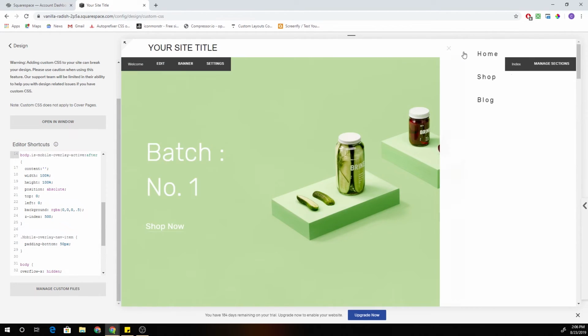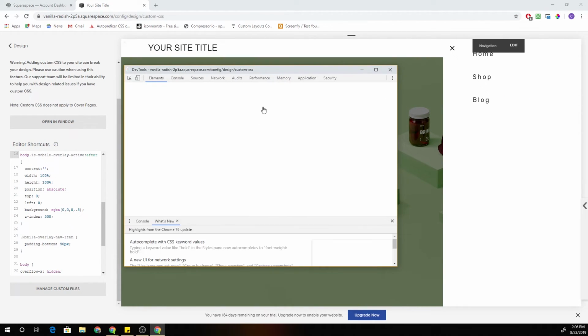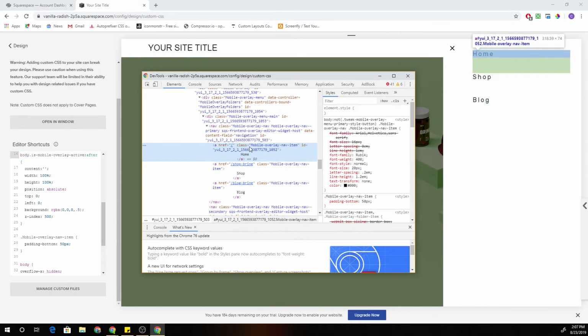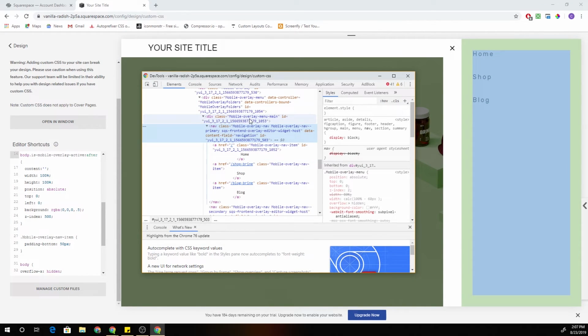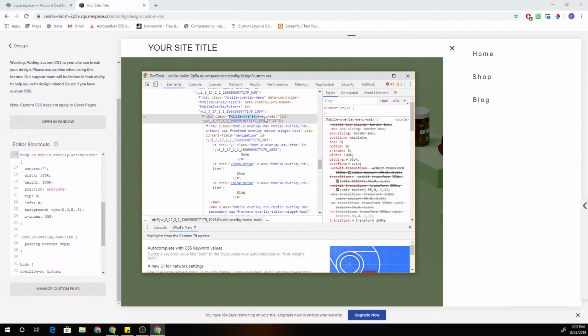Now, one cool thing that I've seen on some mobile layouts on desktop navigations like this is they'll center these items vertically in this side menu, and I think that looks pretty cool. So if I right click and inspect, what we can do is take the container that houses all of these items and center it vertically with Flexbox. Flexbox is a super powerful positioning tool. So basically what we're going to do is take this mobile overlay menu main class, copy that, and we're going to turn it into